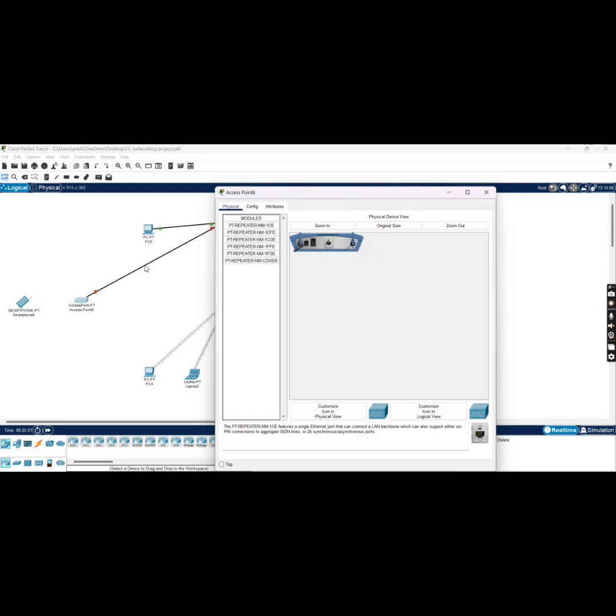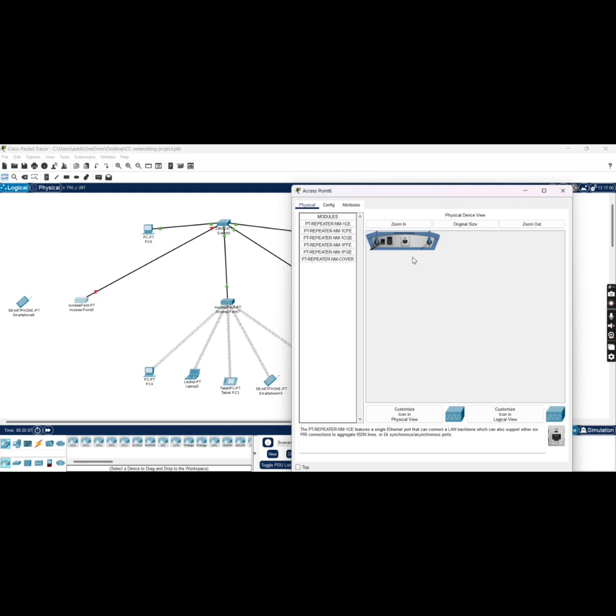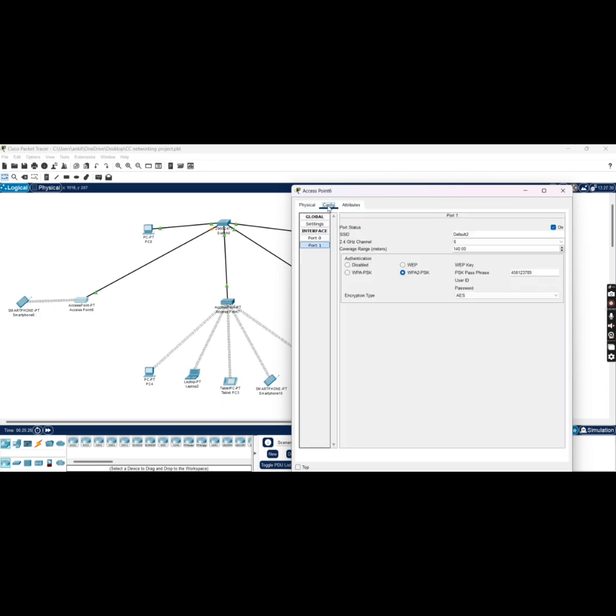If we will switch it off, then it is clearly visible. It is disconnected here. And if we want to work our first access point, we have to first switch it off. Then we have to drag this part over here, and we will switch it back on. So as you can see, the connection is established. And for the configuration part, we have named our first access point as default 2